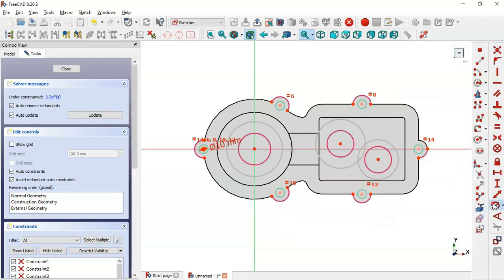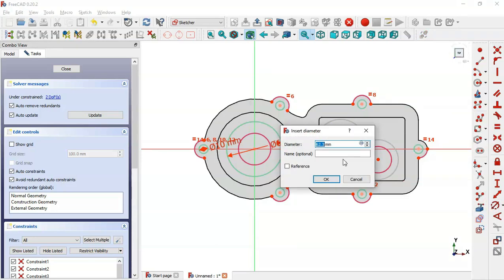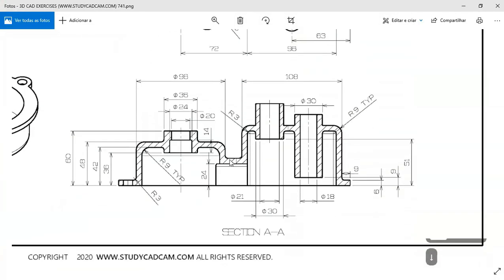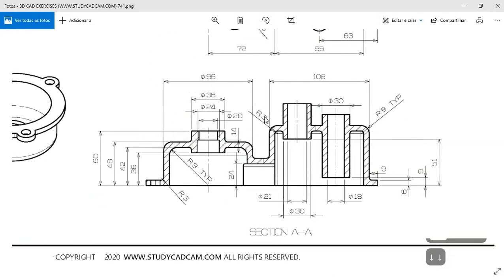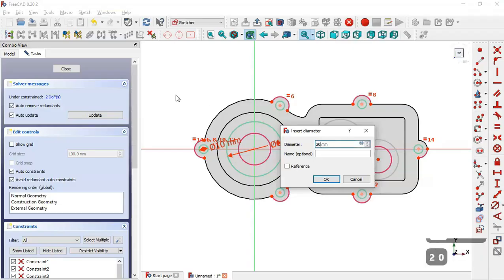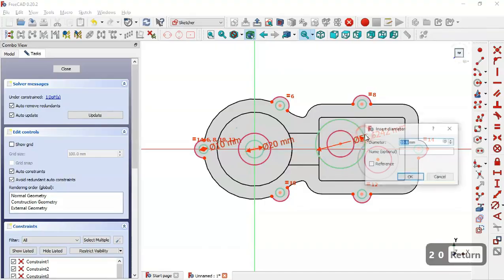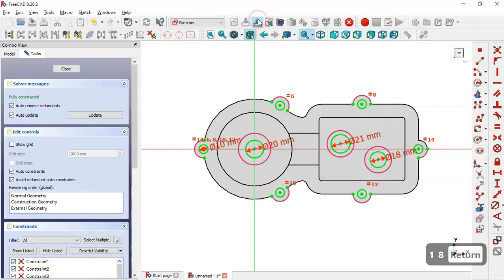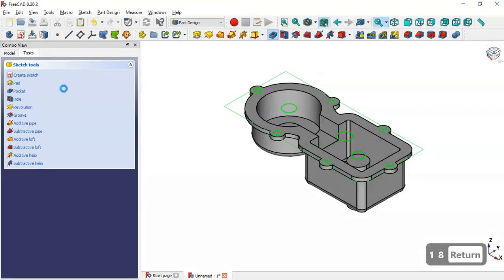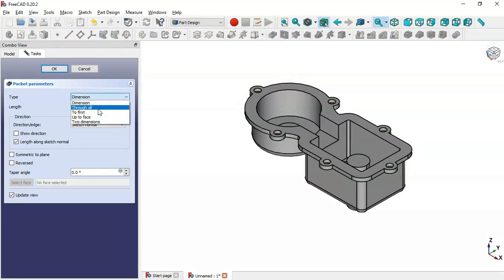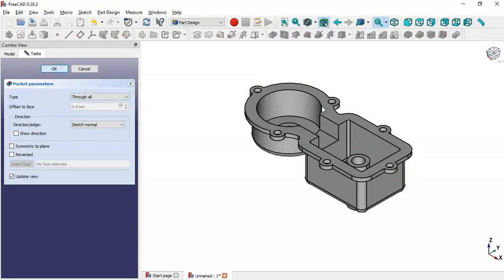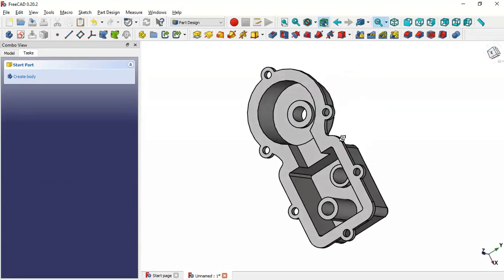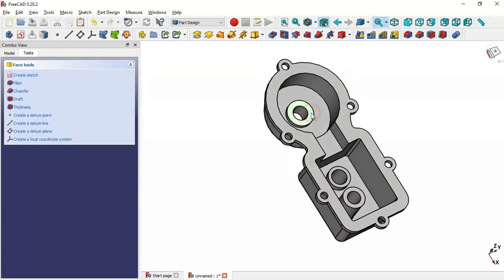So next here we'll set the diameter of these circles here. So okay, for this circle we'll set a diameter of 20, and for this circle here we'll set 21, and for this circle here we'll set 18. And okay, leave the sketch and go to the pocket tool, and here change the type to triangle, and okay. So as you can see, now we have these pockets here,